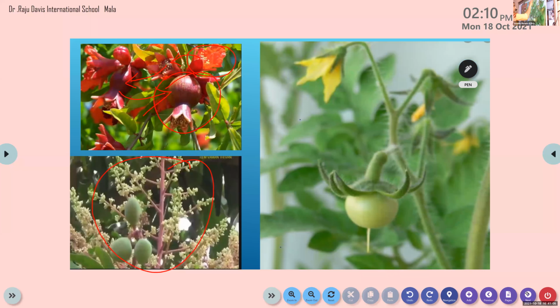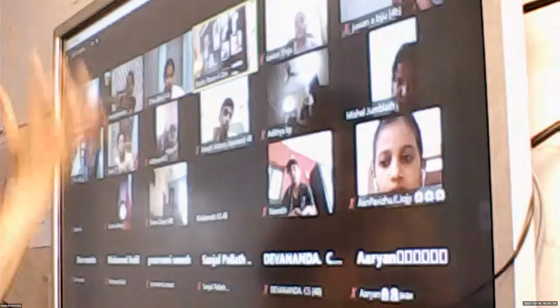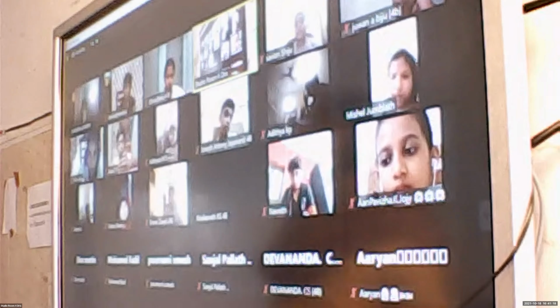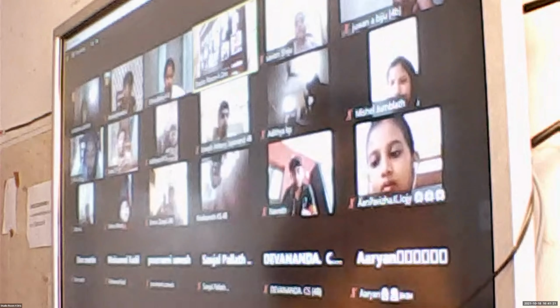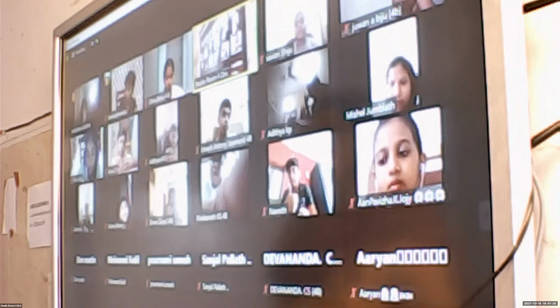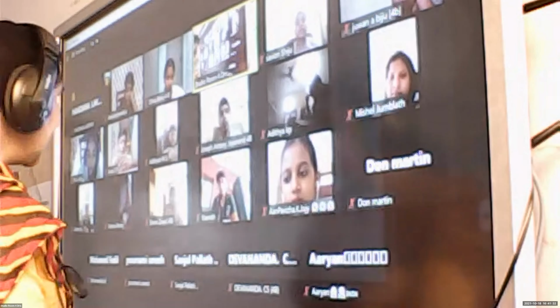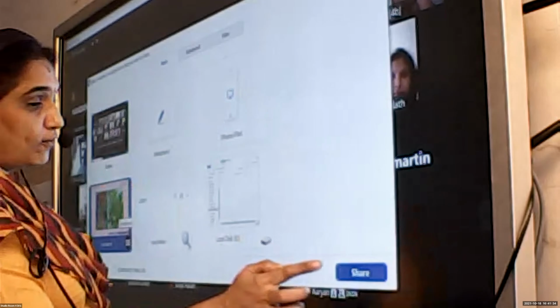This is a tomato flower. From that tomato flower, tomatoes will be produced. Inside the tomato, seeds are there. From the seeds, new tomato plants we can produce. Okay. So, if vegetable gardens are there at your home, just check it. Okay. You also can plant loads and loads of vegetable plants. Okay. So, those are the functions of flowers. Next one, uses of flowers.